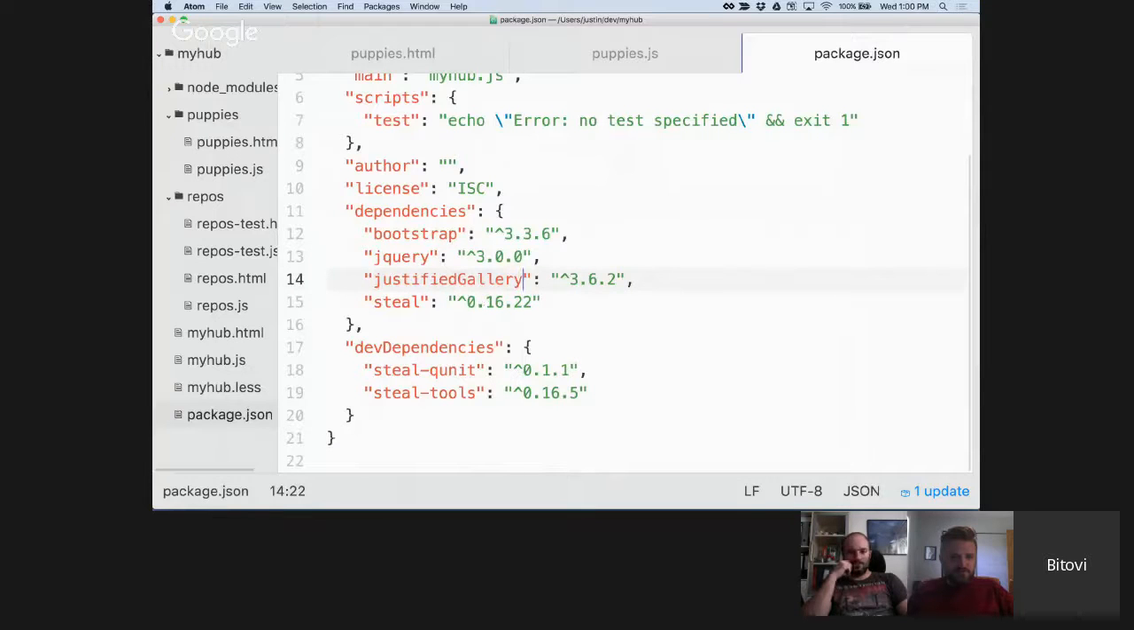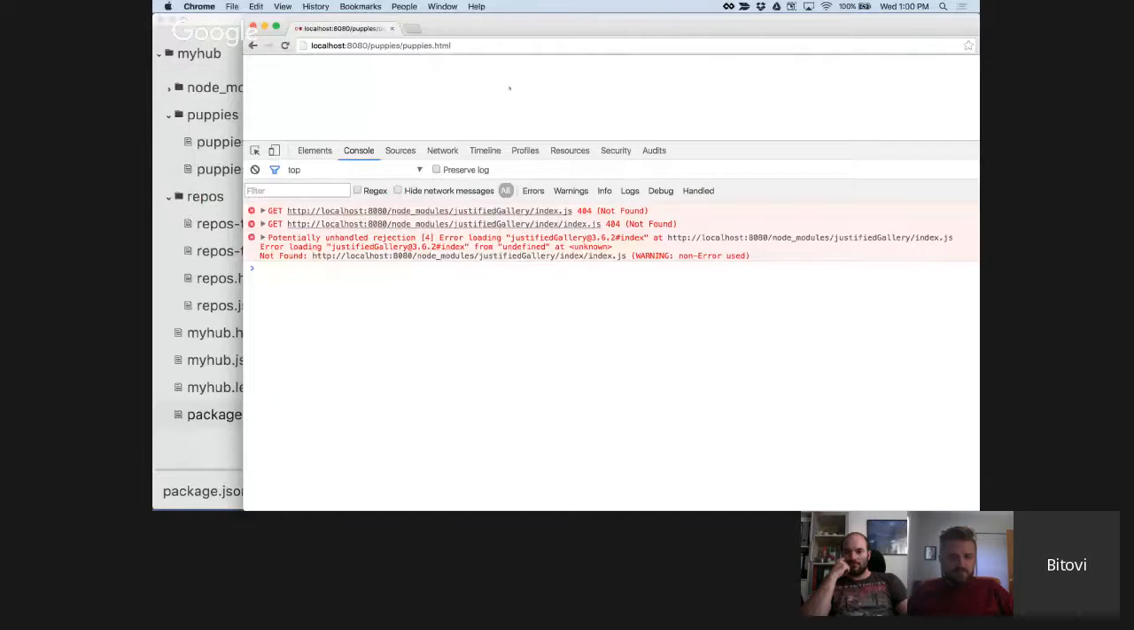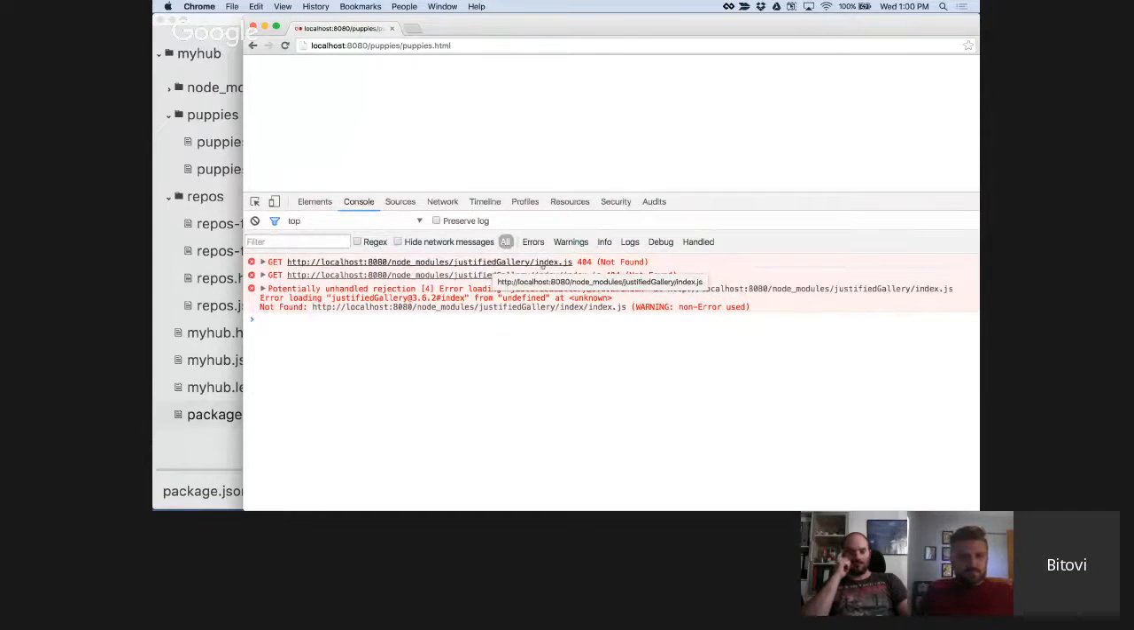Justified gallery. Well, let's see if configuration eventually fixes it. Okay, there it goes. It must have been a spelling mistake. So here it's loading. It's trying to load justified gallery index because that's the default module, like JavaScript loading spot